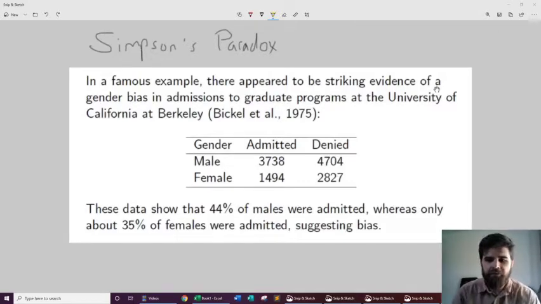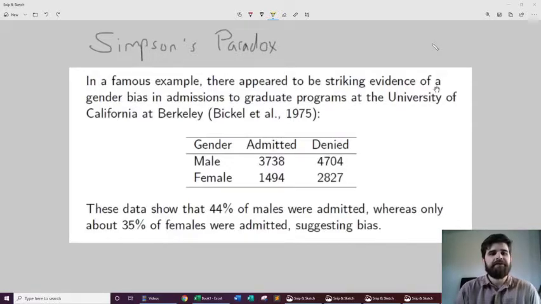Hey y'all, we're going to do a little bonus video today over something called Simpsons Paradox. As we start to get to these last chapters in the book and we start comparing data, we want to be really careful of this. It's sort of a trap that you can fall into. It's pretty common in statistics, and it's a really important concept that I think you should know before leaving this